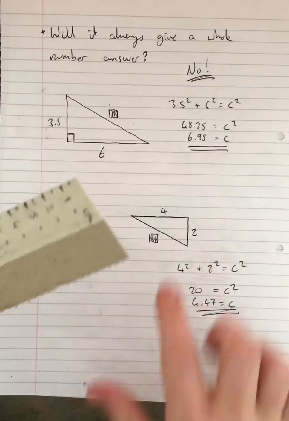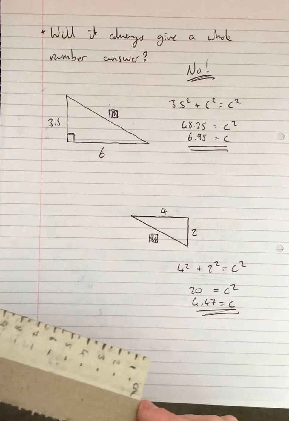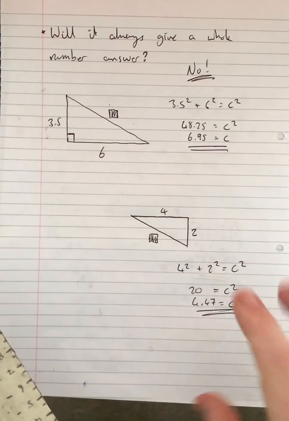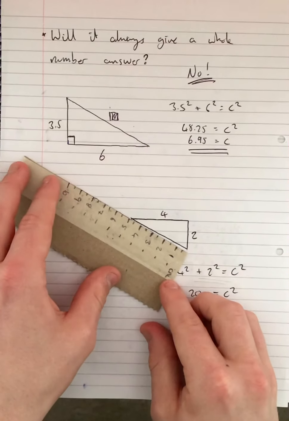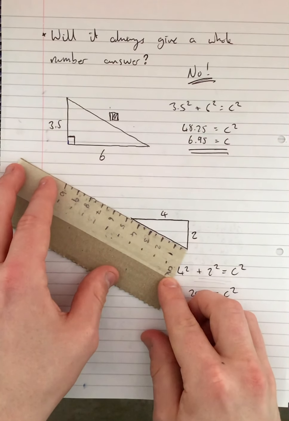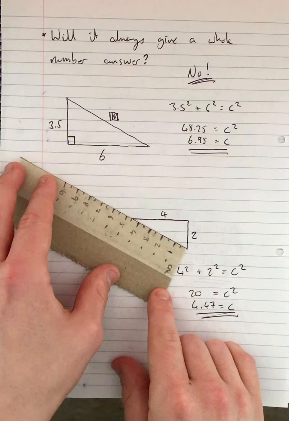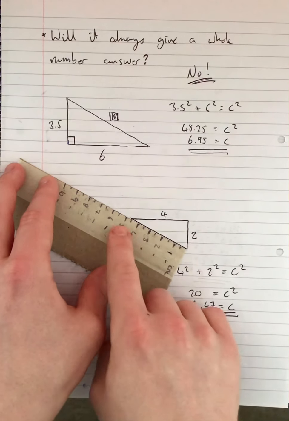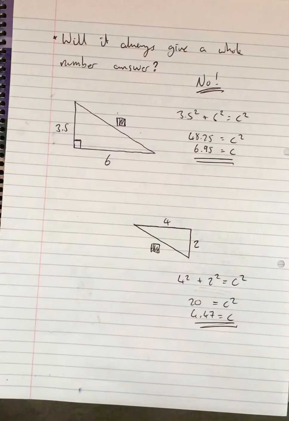For this one, we should get 4.47. Okay, I've done all the work in. I've missed out a few steps there because you didn't need to see all the steps, but I got 4.47. I'll measure it with my ruler that I made out of a pizza box, and if we line it up, it's 4.5 centimetres roughly there, okay? So it doesn't have to just involve whole numbers,